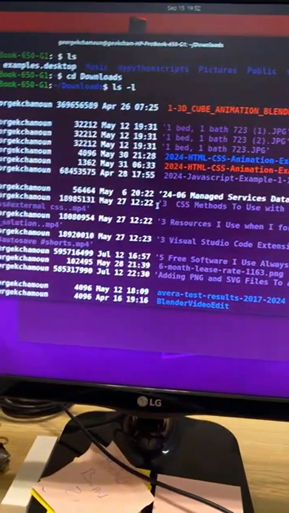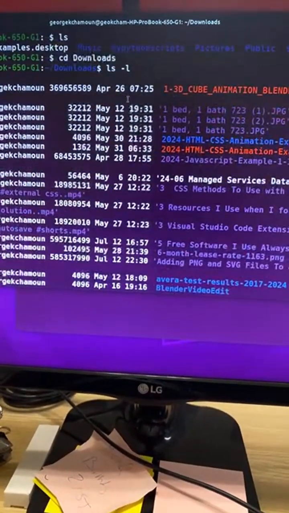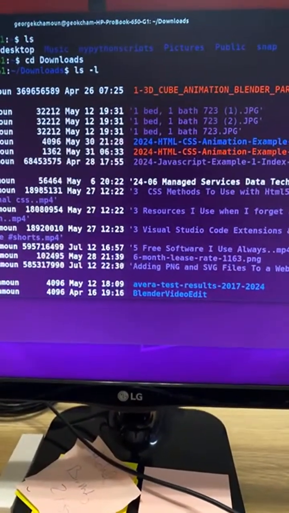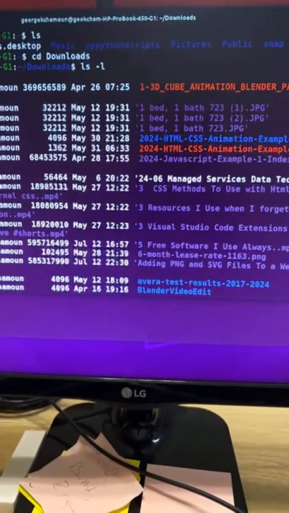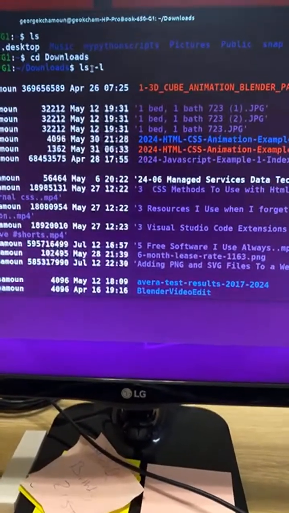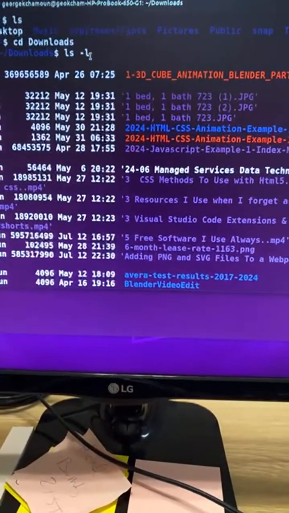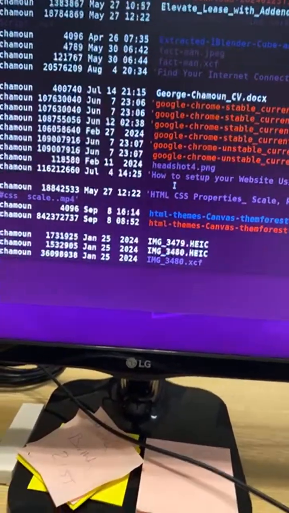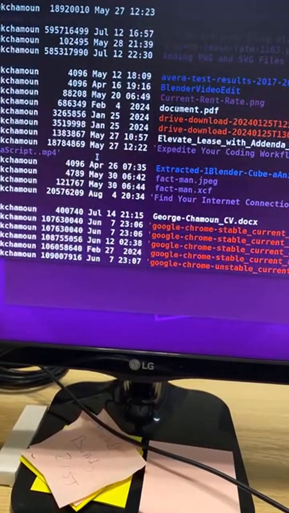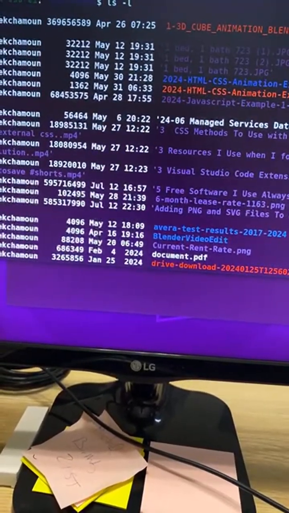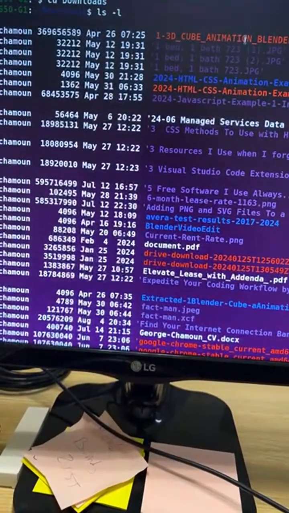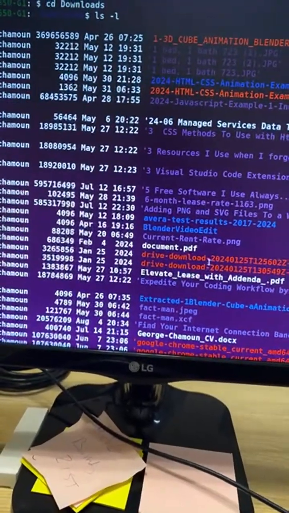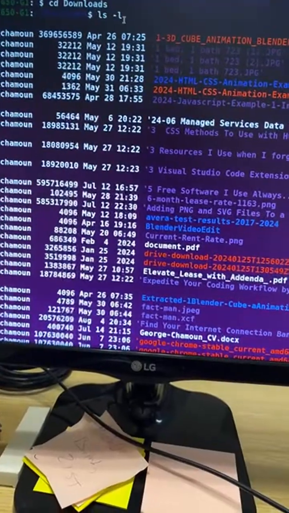So let's say we are looking. Okay, so the way you use the find command is to look for a certain thing. Even though ls -l will give you a listing, with find you can be more specific. Okay, let's say we're looking for a file like .png. So the way you do it,